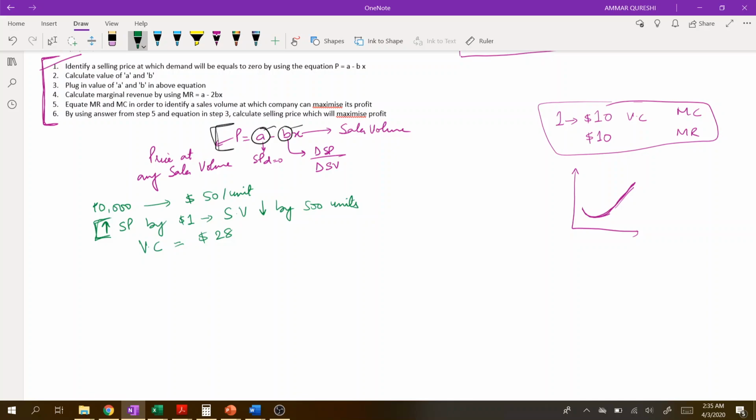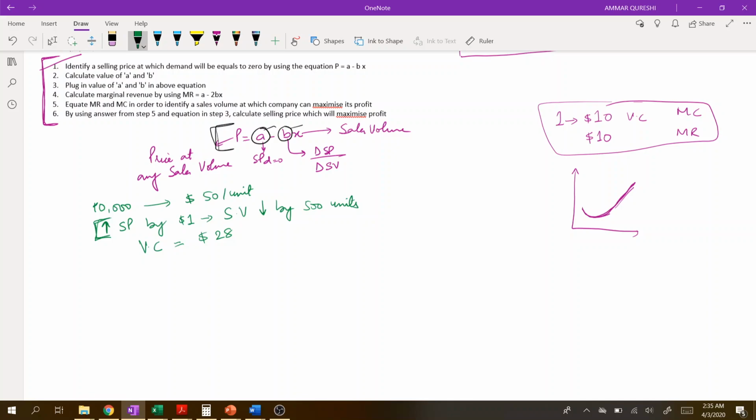And why do we want to do this? Because if we increase the selling price, my profit per unit will increase, but that has an adverse effect on my sales volume, right? So I need to know